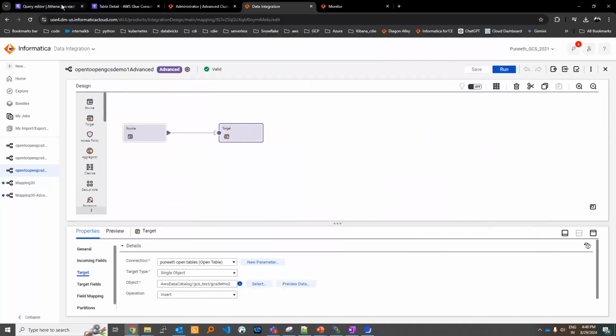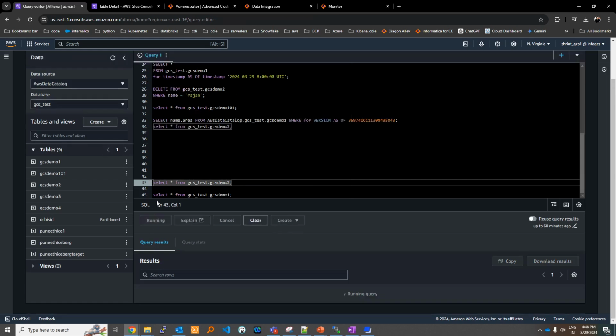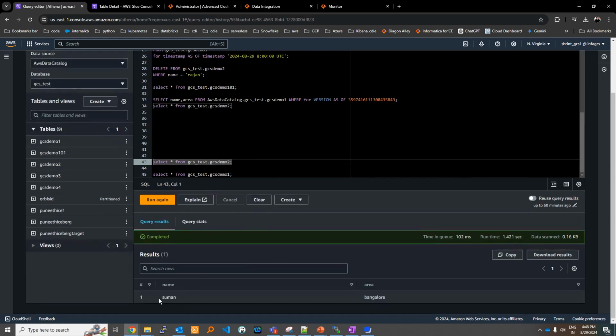Let's go and verify whether we have data inside it or not. Demo 2 is my table name. Yeah, you could see the table data got written from demo 1 to demo 2. This is how you can make use of these Iceberg formatted tables. Also, as Iceberg formatted tables are more familiar,